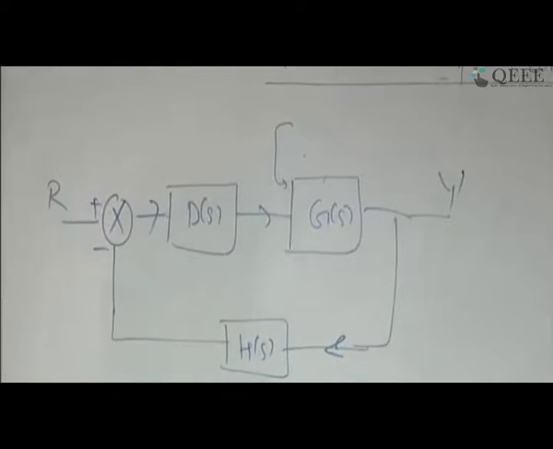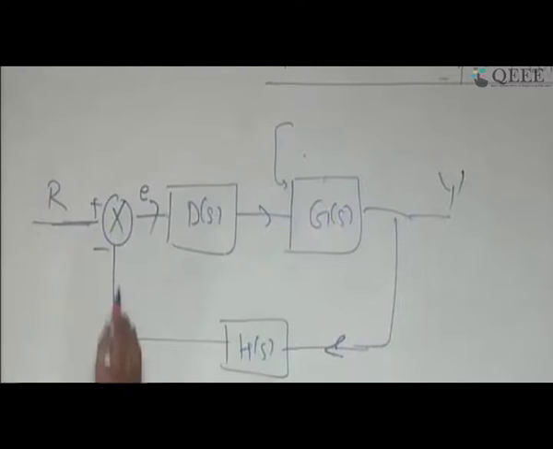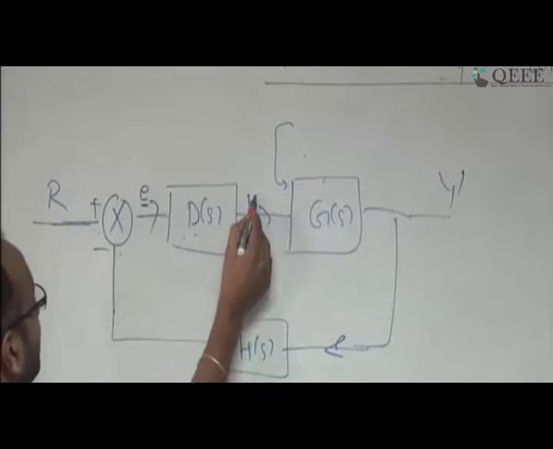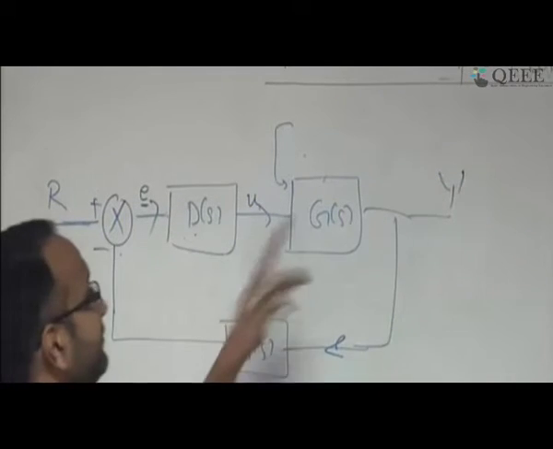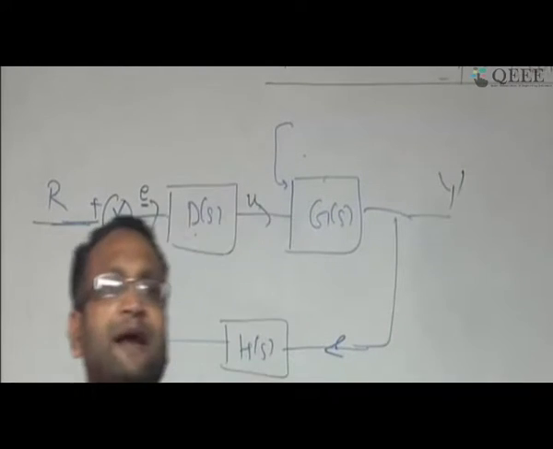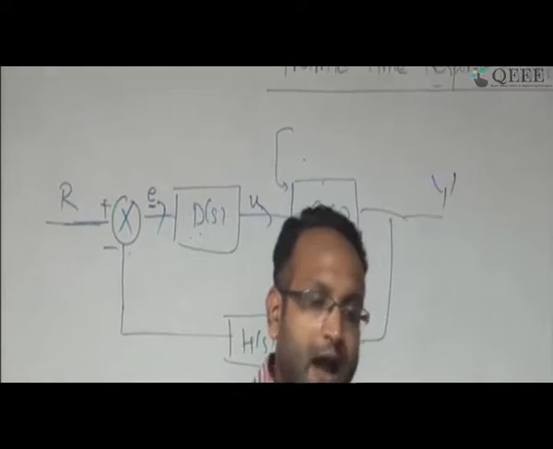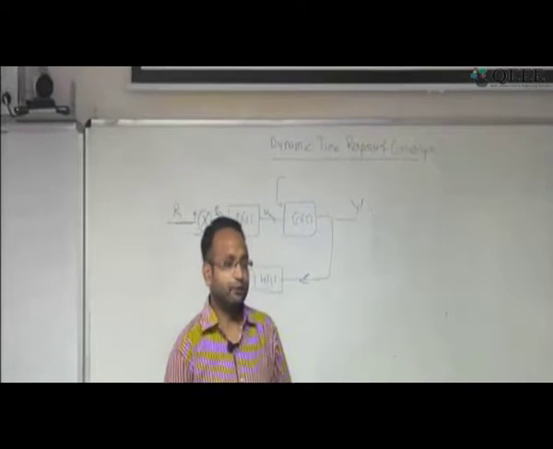This is the negative feedback system, and this I can call the error, because I take the reference input and subtract the actual output. This controller takes that error and takes an appropriate action, which we call U, the control signal, and it is given to the plant. This makes sense because in a feedback system we look at what we wanted and what we are getting, take the error, and act appropriately on it.